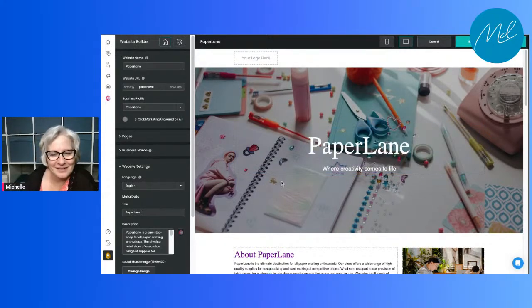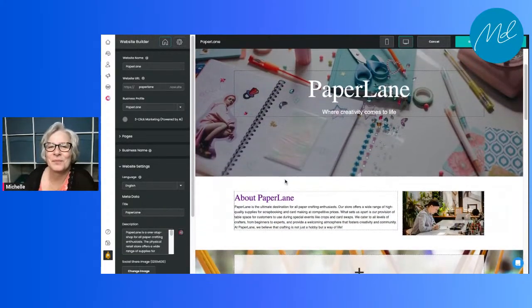I love the name. Back when I started my own branding for my paper crafting biz, I just did not have this level of technology. I could have used the Paper Lane name. I love it. Probably somebody else has stolen it.